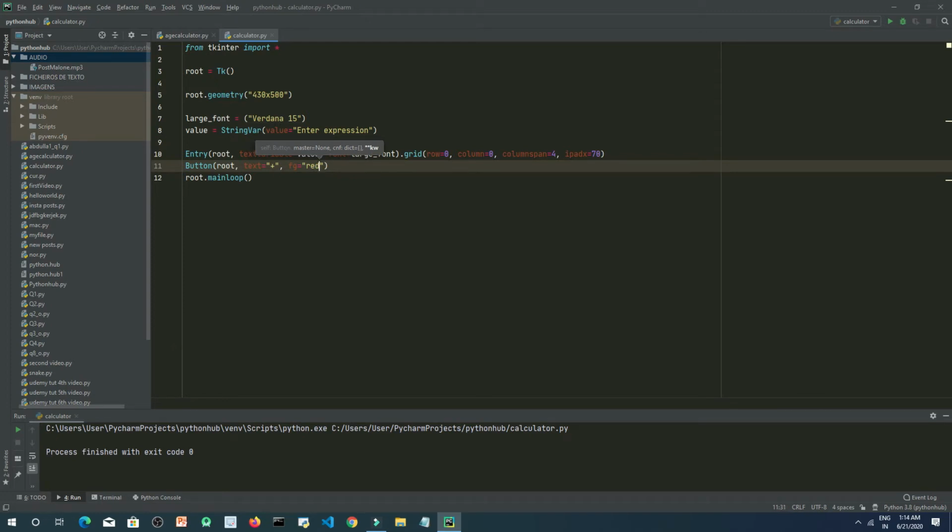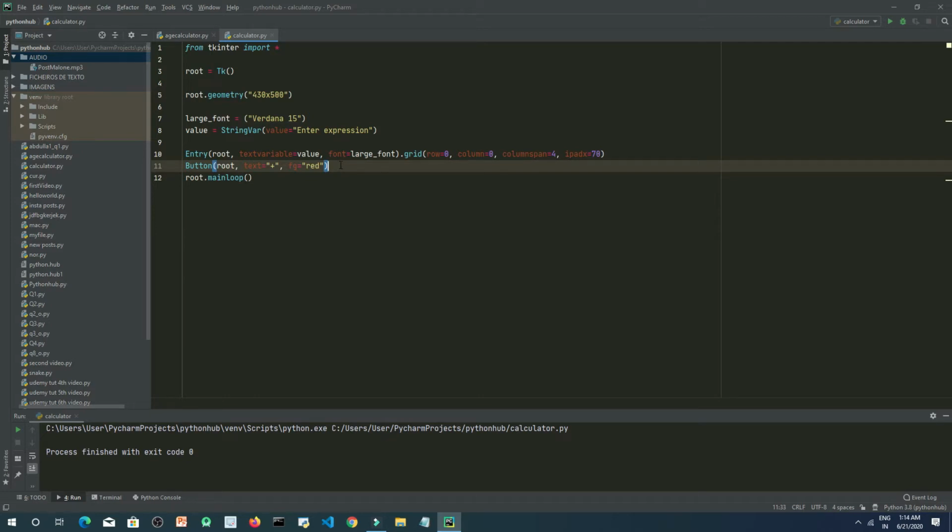so, and we need to set one function, so that when we click on plus or any button, it will show to us in the entry widget here, in this entry widget. Okay, so but we will create it later. First let's create some buttons now. We will make the function for the whole buttons at the same time. Okay,